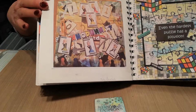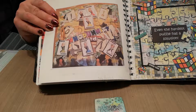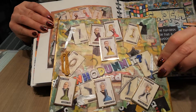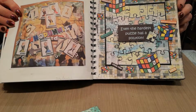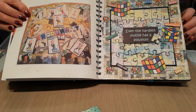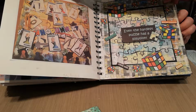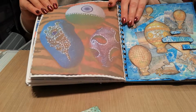And then still on the puzzles theme, that was actually a canvas which I did, and made a photocopy of it again to put in here. Again, puzzles, and I decided I would use Rubik's Cube as the little embellishments on there, and the actual words are a puzzle to put together to find out what they say. Okay, I think the next one was